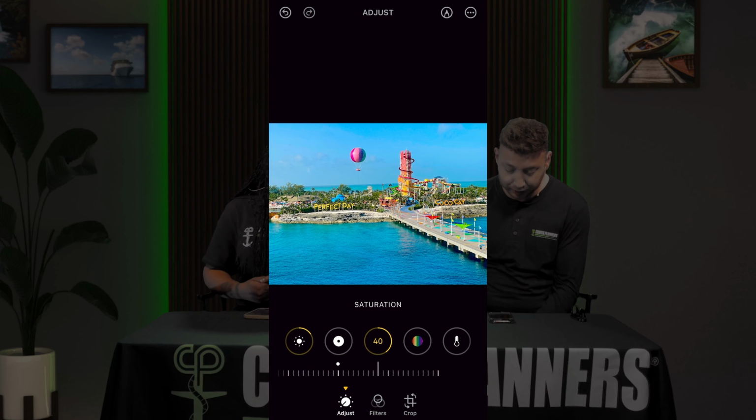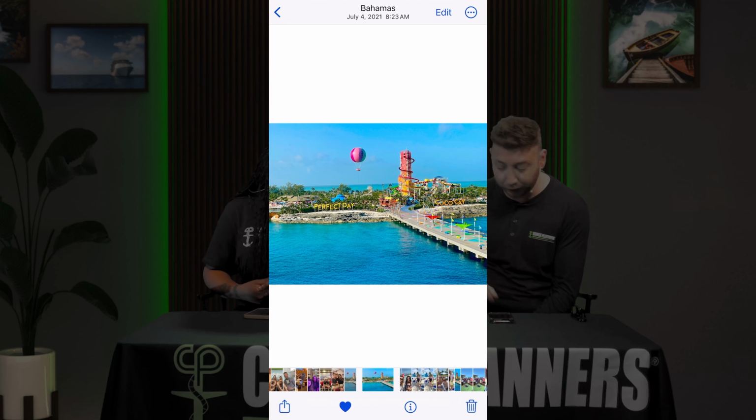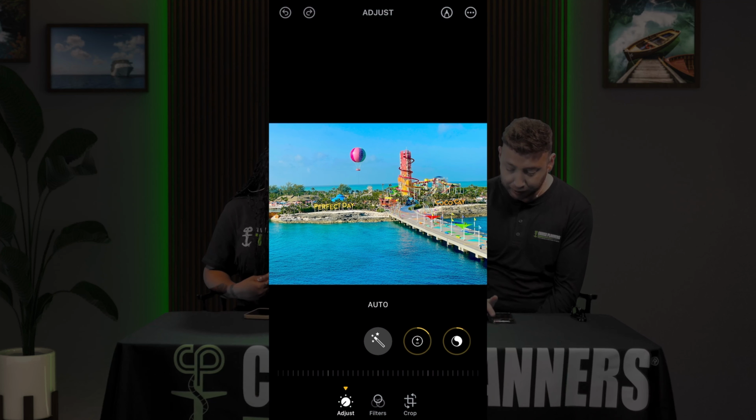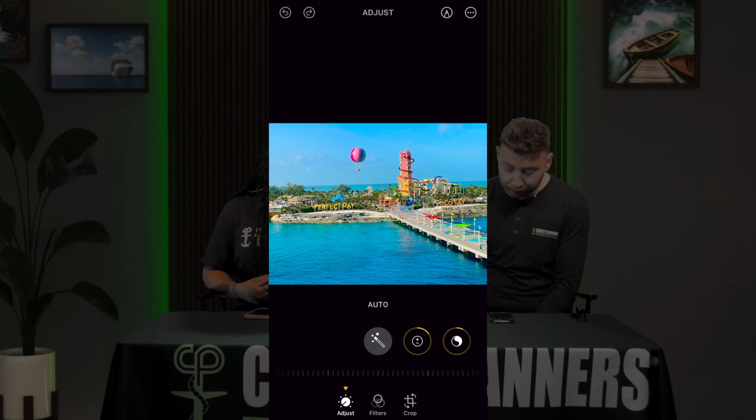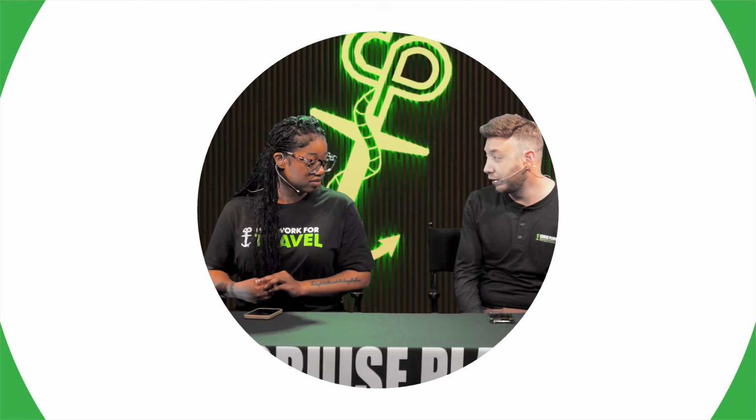So let's hit done. So now we think, oh gosh, this looks terrible. I want to start over, okay? You're going to touch the edit button again. And then there's a red box that appears that says revert. Hit revert. Revert to original, and we're back to where we started from. Oh, drab. Drab and boring. So that's just another little tip for you to take photos and really make them pop, because when you post them in the apps,